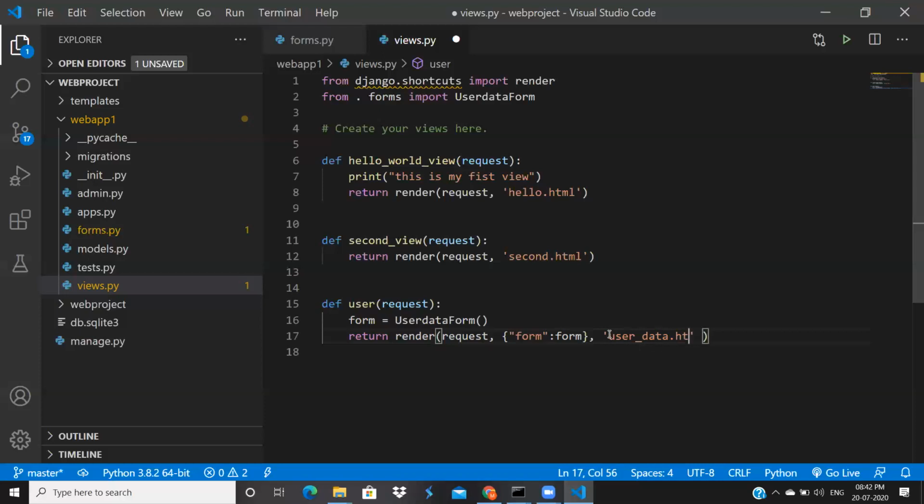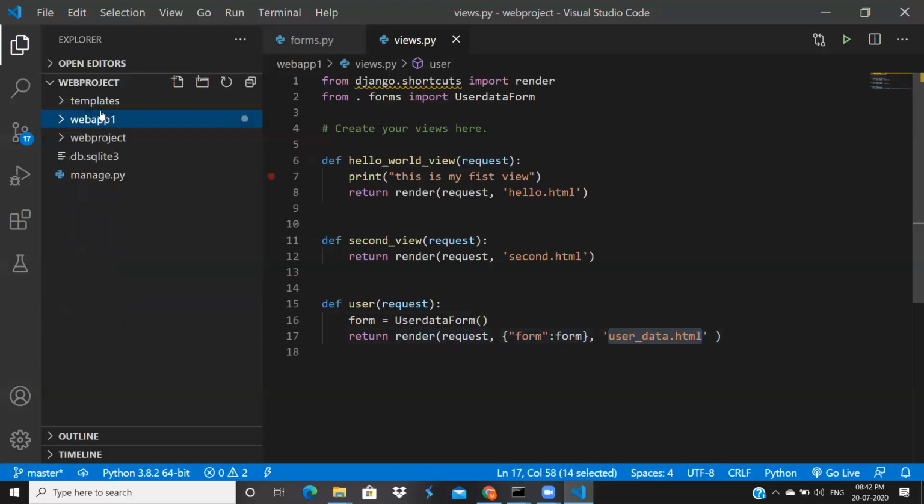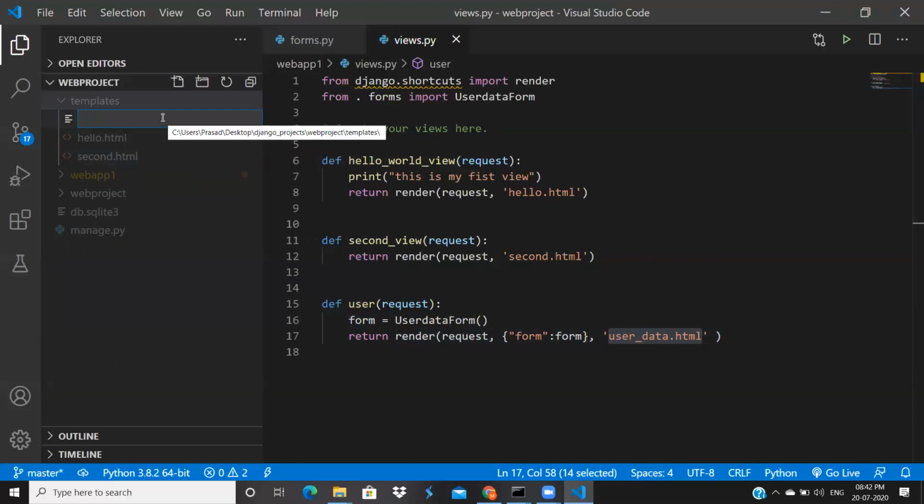User data.html. I don't have this template inside my templates directory, so now I have to create it. This is a procedure: whenever you create a new view, you have to create one new template and one new URL. User data.html.